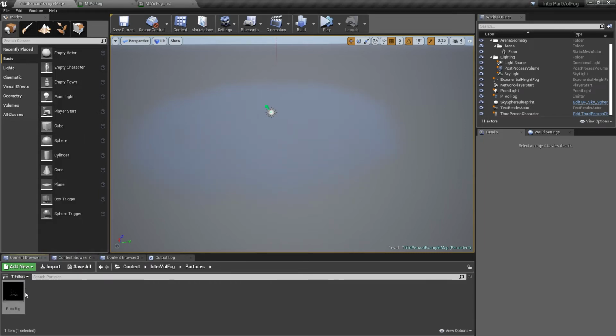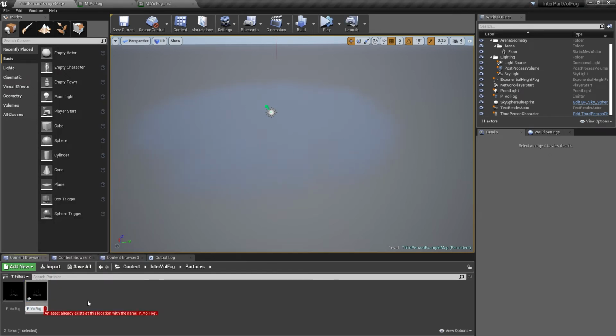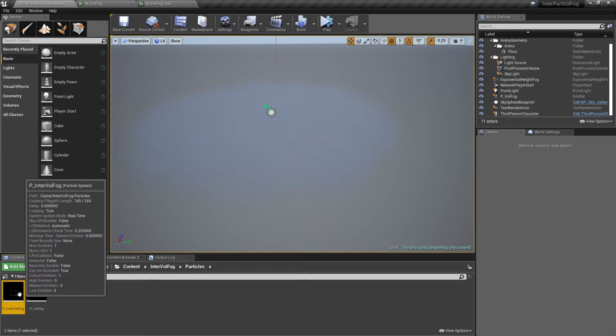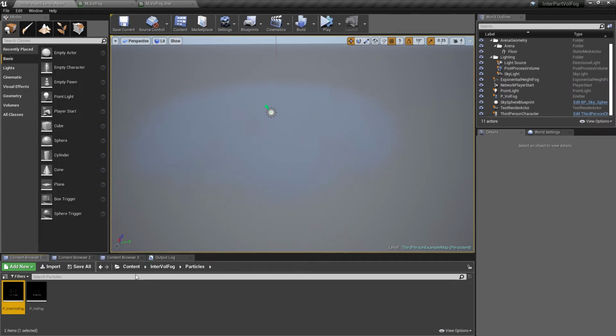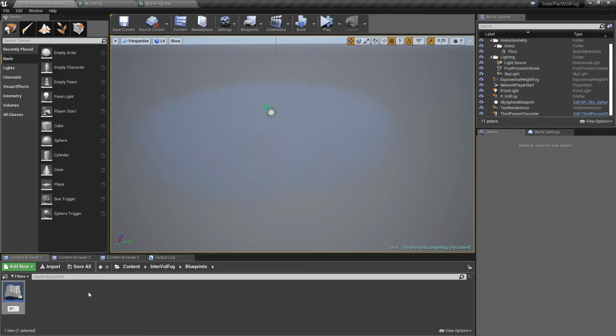So we'll duplicate this. Let's rename it to interactive volumetric fog, and we'll need this instance to be controlled on some parameters, and you create a blueprint for this. It will be an actor blueprint. That's called BP interactive volumetric fog,